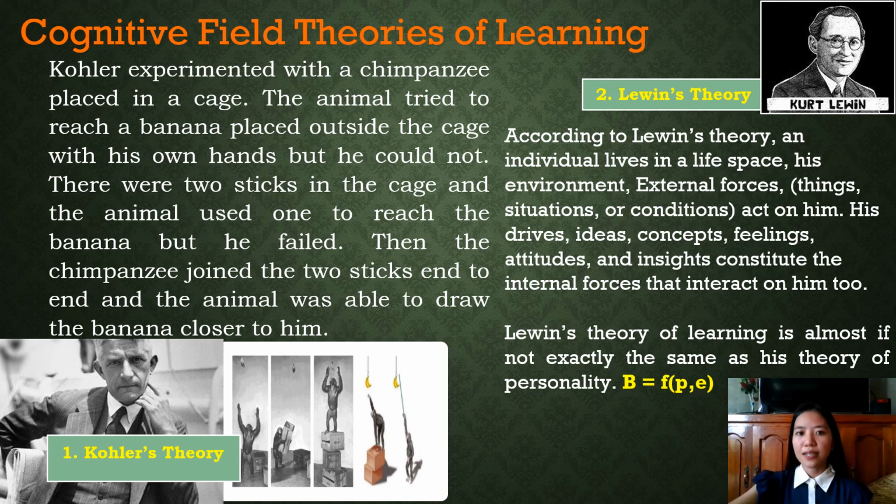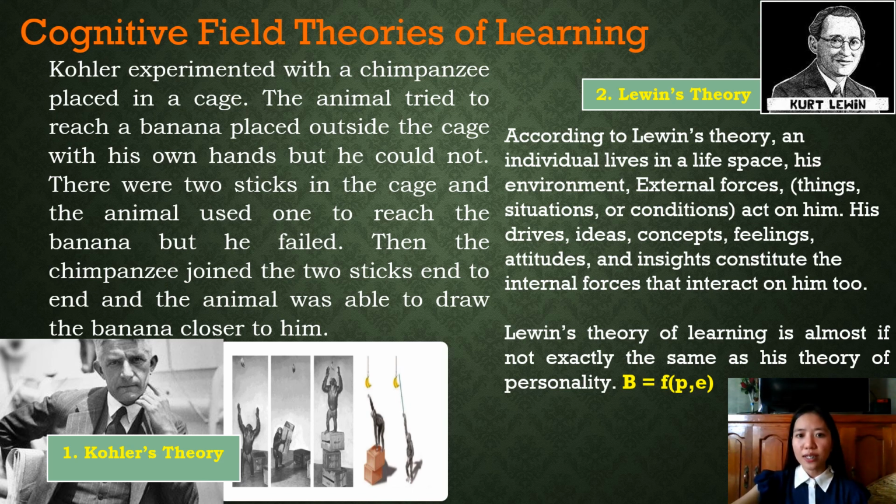For instance, a teacher, an external force, teaches his pupils that 2 multiplied by 3 is equal to 6. The pupils, through their insight and understanding, which is the internal force, interact with the teacher and learn that 2 multiplied by 3 is indeed equal to 6. The resulting behavior of the pupils is their ability to multiply the figures accurately. This suggests that both forces have something to influence in the process of learning.